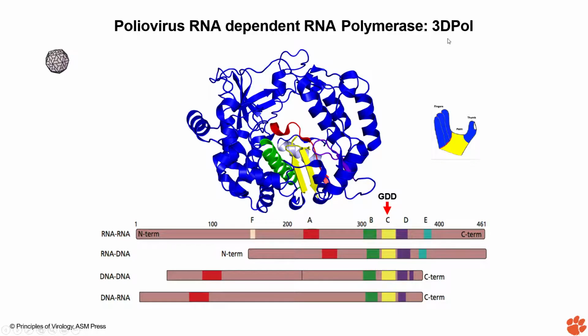But what you are looking at, if you're just looking at the RNA polymerase, is known as 3Dpol, and it has a kind of right-handed structure. You can think about it this way: the right side is the thumb, then the yellow part is the active site, which makes the palm, and on this side you have the fingers. And usually it's a closed structure, it's not open like this, it is closed at the top.